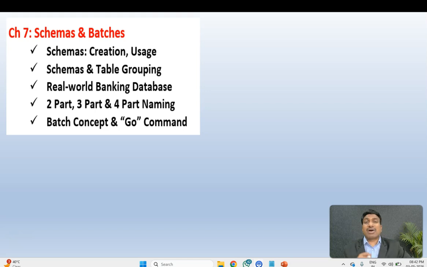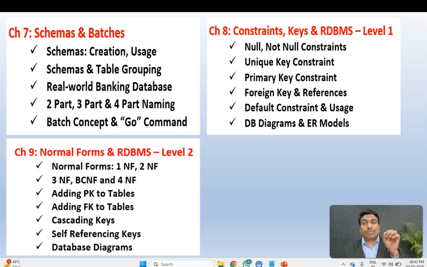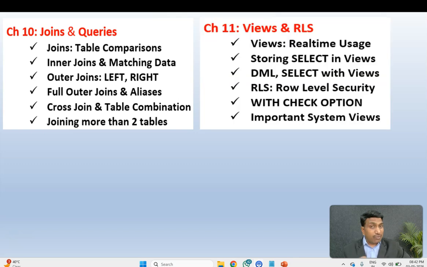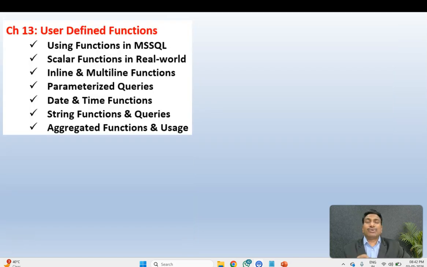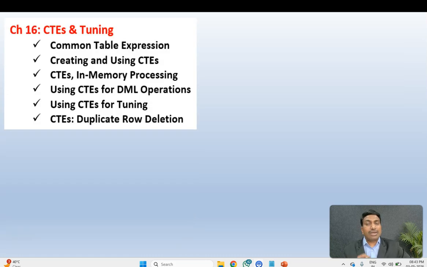We'll be learning about schemas, batches, constraints, and normal forms. Chapters 8 and 9 are very important to help us understand Power BI data models and semantic models. I'll make you practically understand joins, queries, views, row level security, and stored procedure concepts. I will help you understand functions, triggers, transactions, and query tuning in a simple, detailed way